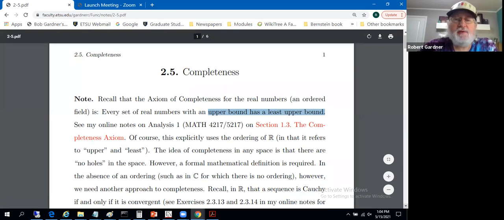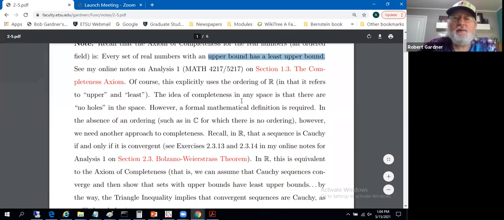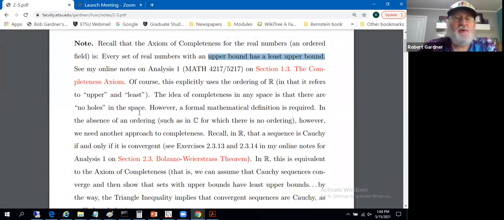So this idea of completeness, really informally, just between you and me, means that the space is a continuum. There's no holes in it. The rational numbers violate the axiom of completeness. Yeah, the rational numbers got a bunch of holes in them. They got holes in them everywhere there's an irrational number. So the idea of completeness is an idea of a continuum, really.